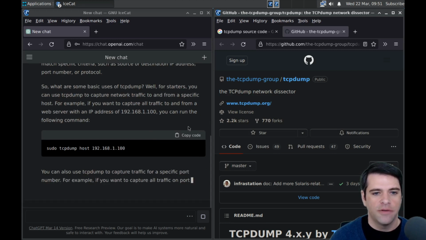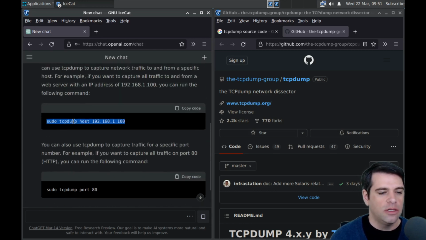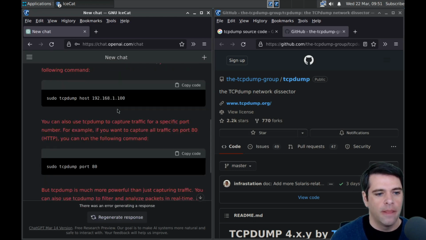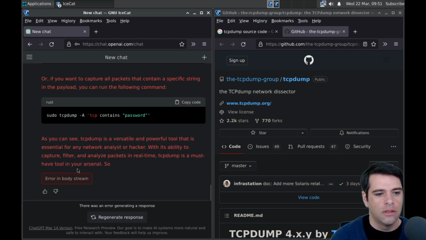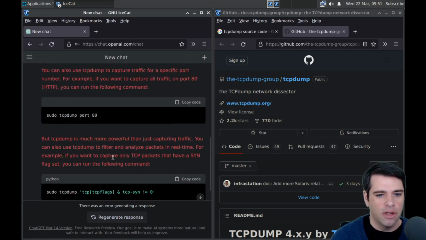So here's how to capture, I guess, for the host. And then down here is how to capture traffic on port 80. And the command looks straightforward. We're going to call tcpdump as root using sudo. And we're going to say host, and this is presumably the host that it's going to match. Error in body stream. All right, well, here's the example of